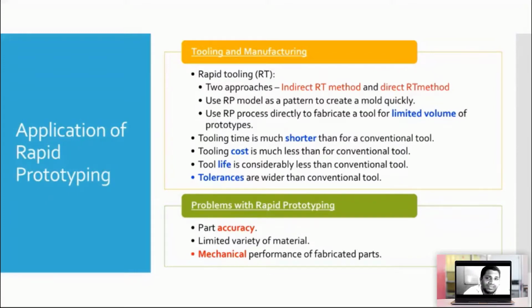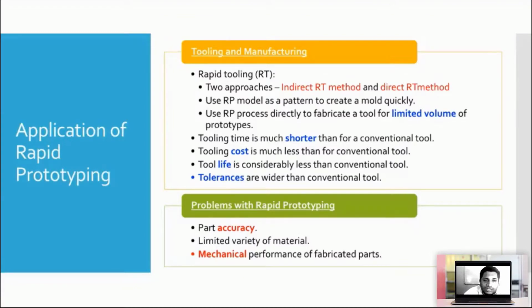Rapid prototyping also comes in two types. One is the indirect method, rapid tooling, and one is direct rapid prototyping. What is rapid tooling? Basically, rapid tooling is creating a tool to create a product. So I can quickly create a tool, and using that tool, I can create a rapid prototype product. Okay. So I will use rapid prototyping to create a tool, and that tool can be used to create a product. And so this is called rapid tooling. Okay. So we can do rapid tooling or rapid prototyping. They are interchangeably used, and they are basically the same thing.